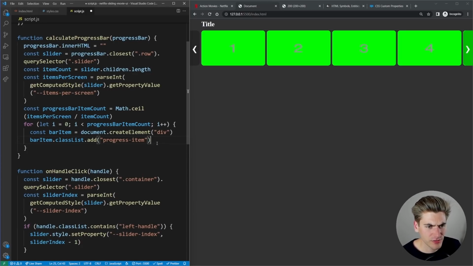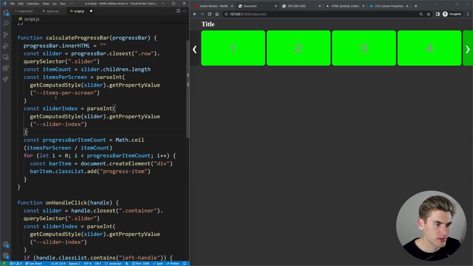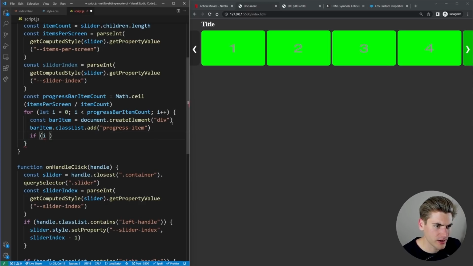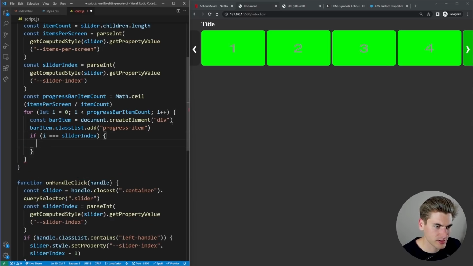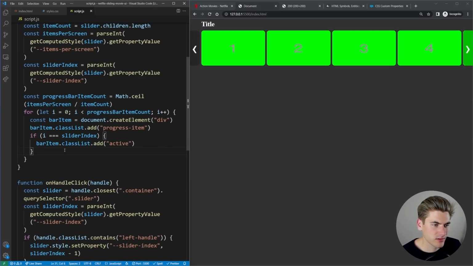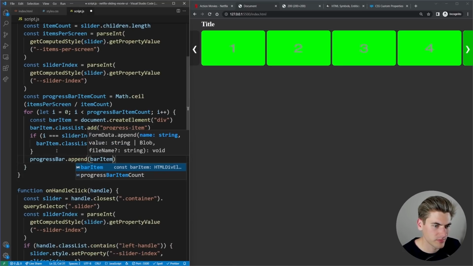And then if it's the active one, we will give it the active class. So we also want to get the slider index. I'm just going to copy this. So if i is equal to the slider index, then bar item dot classlist dot add active. And finally, progress bar dot append bar item.